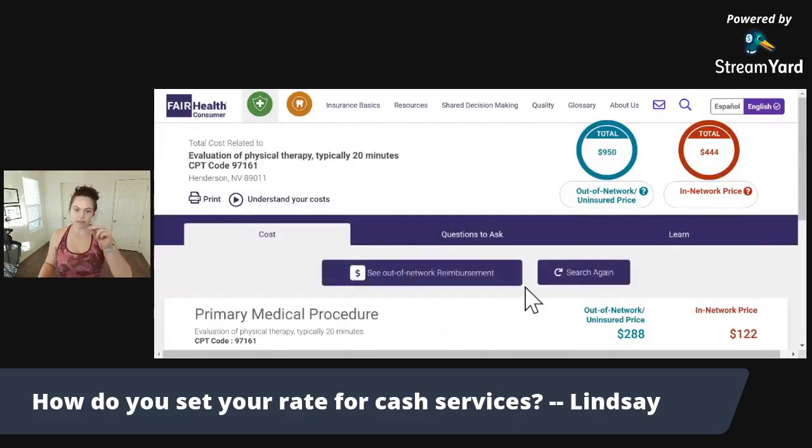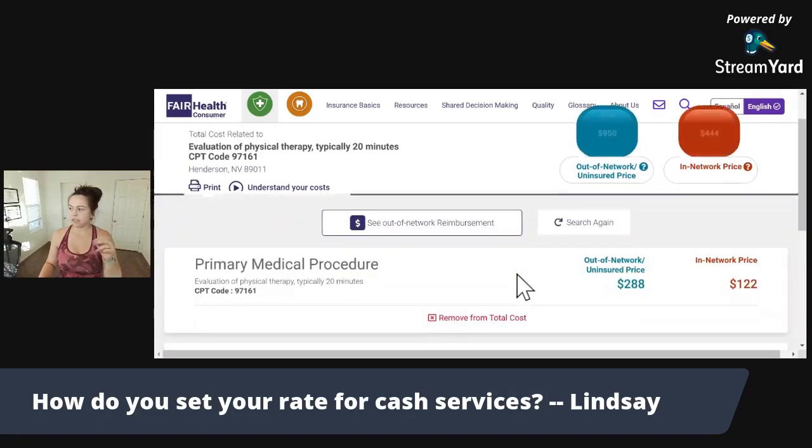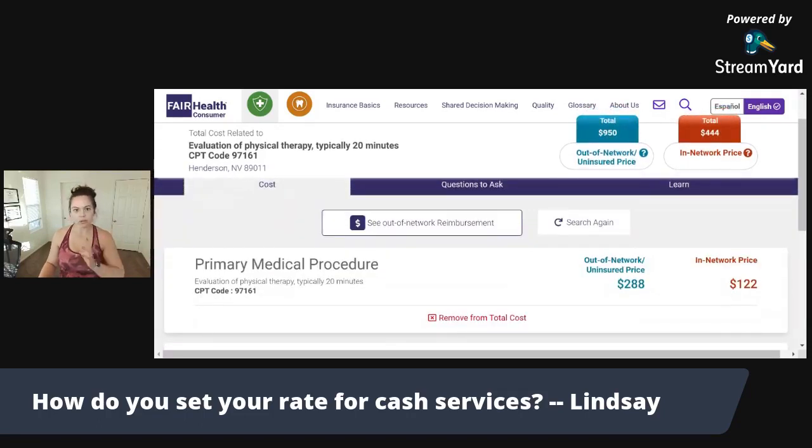And so this is going to be the average amount in my zip code. So this is not the actual cost of everything all over the place, but just the average price for the CPT code in my zip code. So the average cost of out of network is $288, and the average cost of in network is $122.